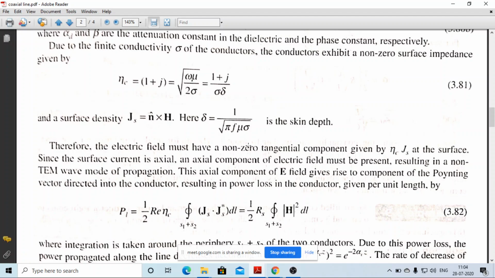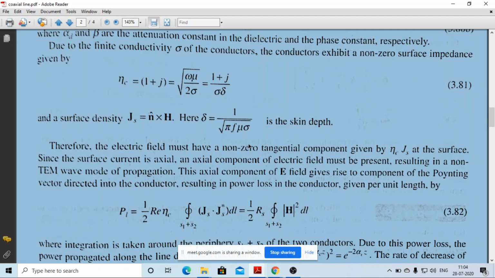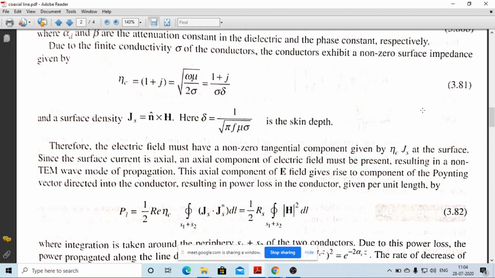If you are interested to know more than the syllabus, you can go through the derivation of skin depth, and the derivation of power. You may find every derivation, not necessarily in your textbook, but some books are available. But I think you are overloaded with the subject, so at this stage you should try to concentrate on your syllabus and main curriculum. So this is the skin depth.